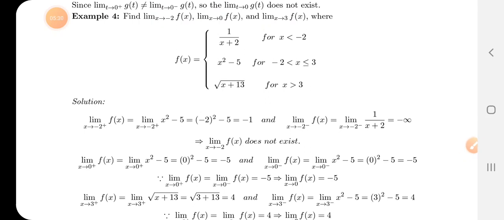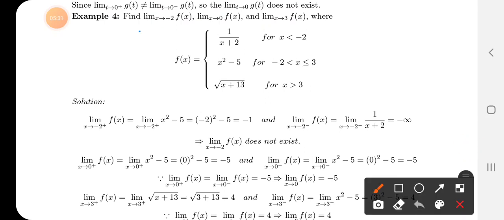ठीक, ये एग्जांपल नंबर 4 देख लें, जहाँ पे 3 पीसेज में फंक्शन गिवन है और आपने कहाँ कहाँ फाइंड करना है, एक -2 पे फाइंड करना है, एक 0 पर, एक 3 पे। चलें पहले -2 पे देख लेते हैं। -2 का पहले राइट साइड देखना है, लेफ़्ट साइड देखना है। x लेस दैन -2 लेफ़्ट साइड है, इसका मतलब लेफ़्ट साइड के लिए ये वाला फंक्शन चूज़ करेंगे।